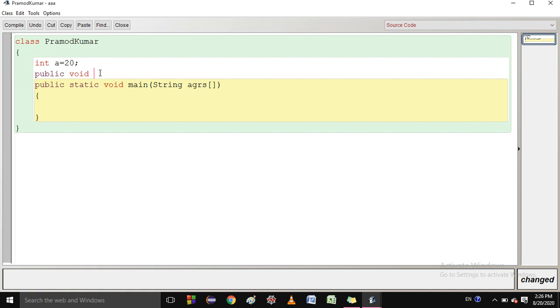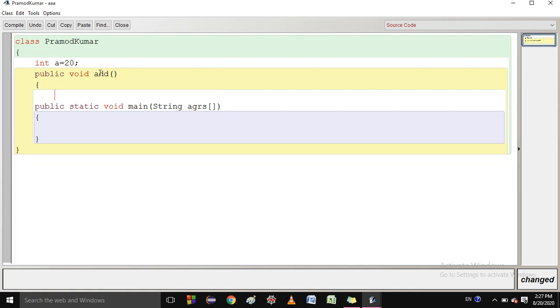As I explained in the previous video, there is a naming convention for writing the method. Suppose I have written a single word, so add is the method name, then there will be brackets, and after that curly braces. The method has actions, so some work should be done by the method. Work means actions.